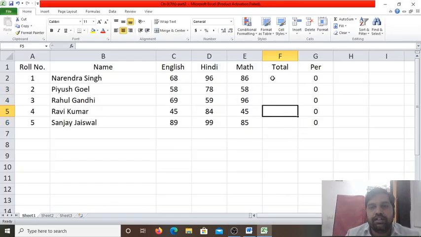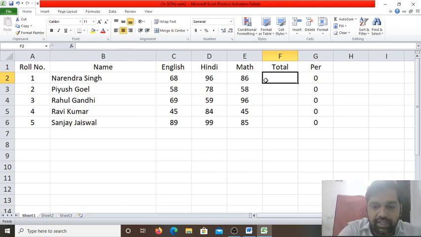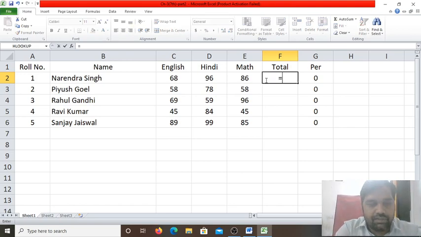Okay, now deleted. Now suppose I want to find the sum of this. So we use the sum function and we will select the range. So we write equals to, and what we write, sum. Equals to sum. So the sum function I am going to use.